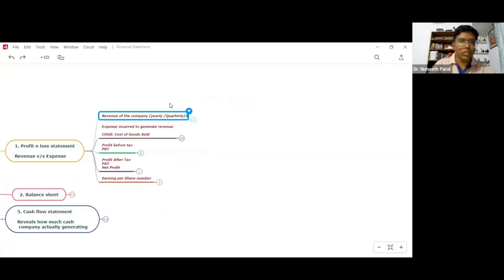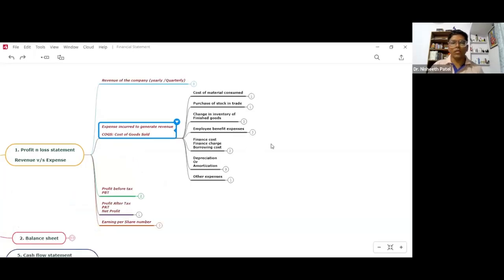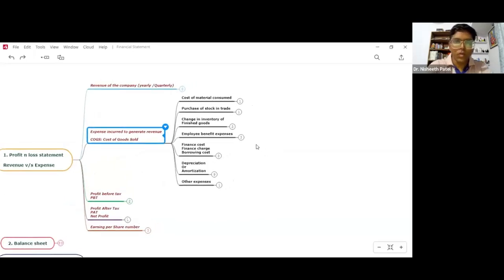Now, second portion: if you are running any company, you have some expenses to run that company. Okay, so which are the expenses? That is called COGS, cost of goods sold, or the expenses incurred to generate the revenue. Now, the first thing is the cost of material consumed. This is the basic one across industries, a little bit different in the healthcare scenario. We will discuss that later on. Okay, the cost of the material consumed, purchase of stock in trade,